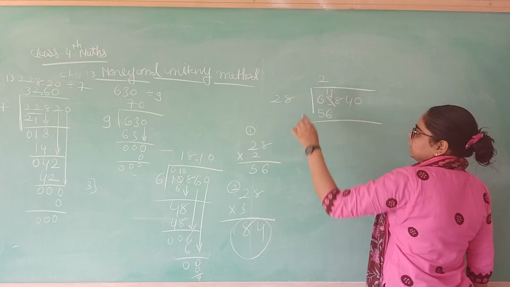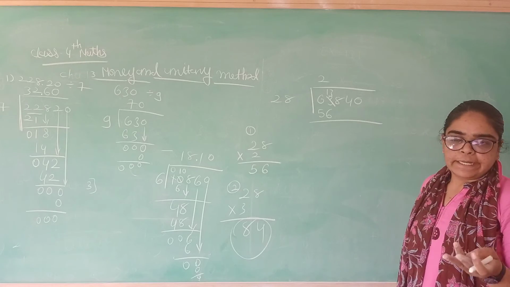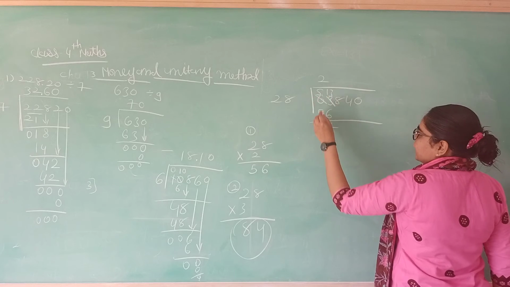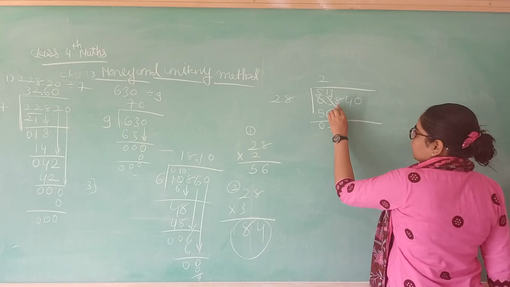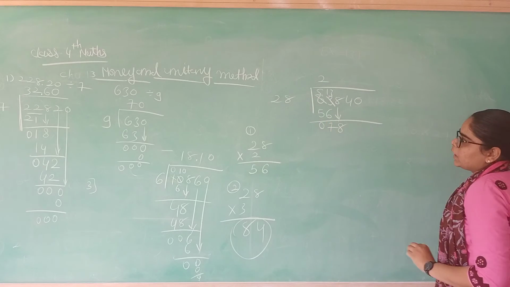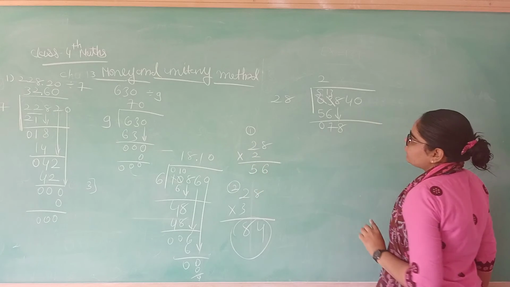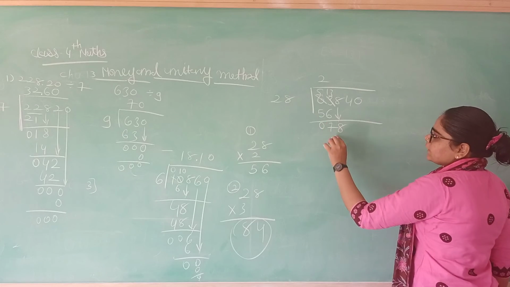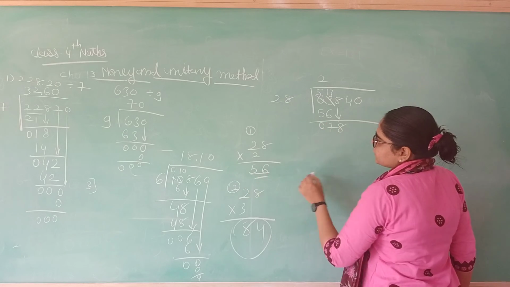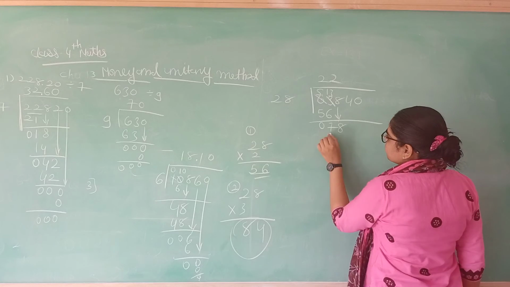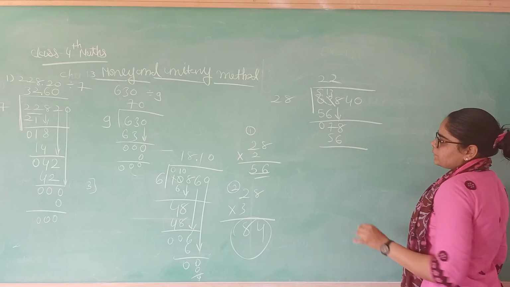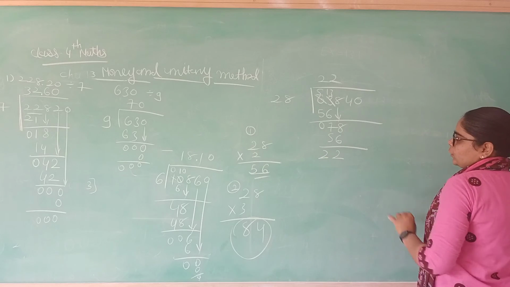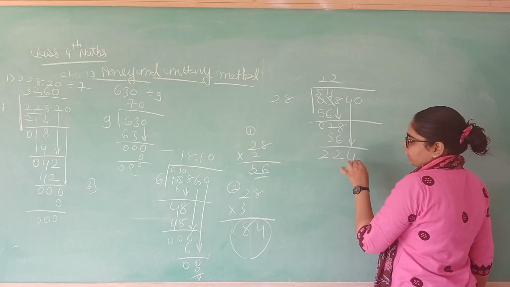56. So here 13 minus 6: 7, 8, 9, 10, 11, 12 and 13. 7. Then here 5. 5 minus 5, 0. Then bring down 8 here. Again 2 is 56 and 3 is 84. But we need a number smaller than 78. That's why again 28 twos are 56. 8 minus 6 is here 2. 7 minus 5 is equal to 2. Then bring down here 4.